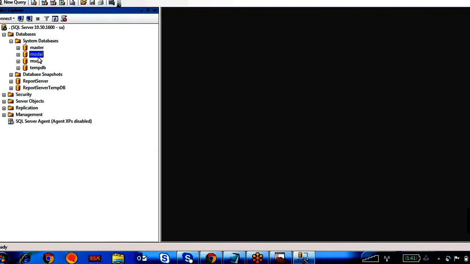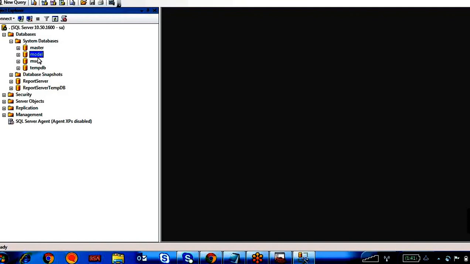Each database has a different functionality. The master database has all the login information. If you want to log into SQL Server Management Studio, you have to provide a username and password. After providing them, it tries to authenticate against the master database.